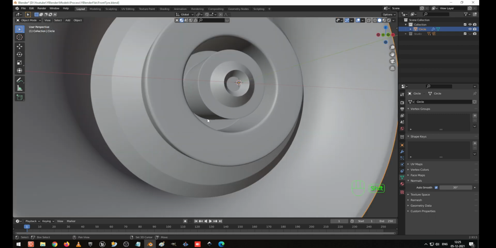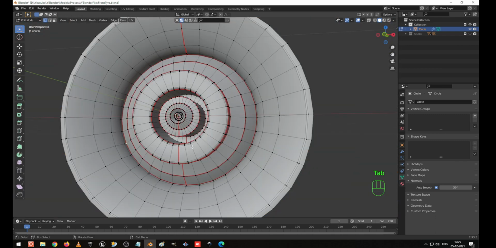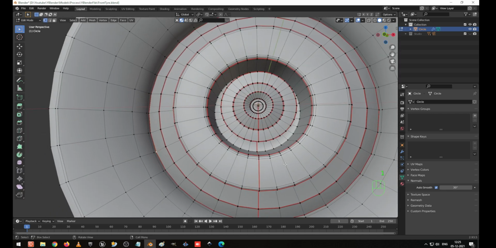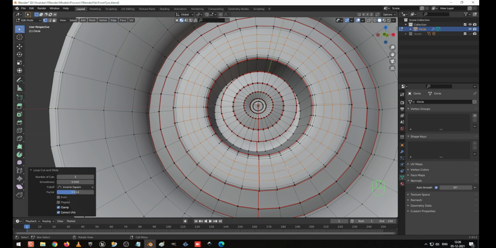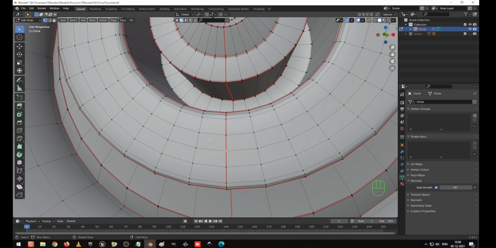Here I'm going to create a circle for this. What I'm going to do is create 2 edge loops here, make it 2. Okay, now I'm going to select all these vertices.